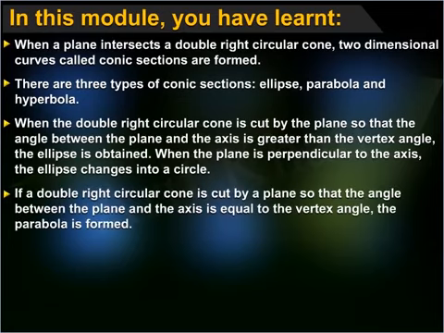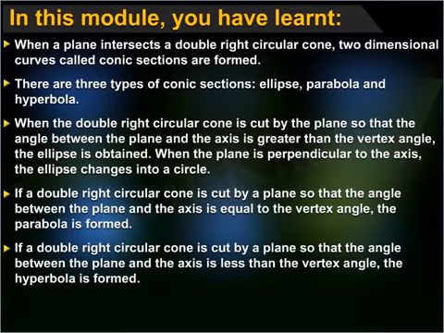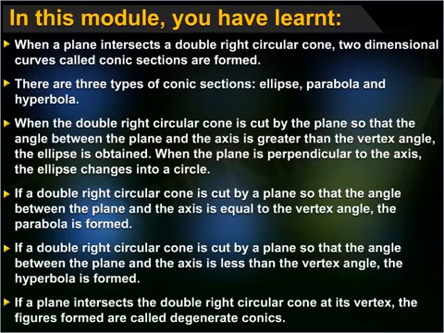If a double right circular cone is cut by a plane so that the angle between the plane and the axis is equal to the vertex angle, the parabola is formed. If a double right circular cone is cut by a plane so that the angle between the plane and the axis is less than the vertex angle, the hyperbola is formed. If a plane intersects the double right circular cone at its vertex, the figures formed are called